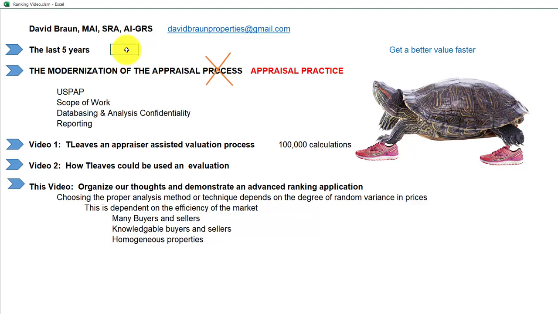I didn't start by reading statistics books and then interpreting or teaching it to appraisers. I started with basic programming and trying to develop applications. So basically I've gotten back to that. Now, one of the things I did was I wrote the book, The Valuation Analyst, and I recommend that. You can go to Amazon and put in The Valuation Analyst by David Braun, and it will pop up.